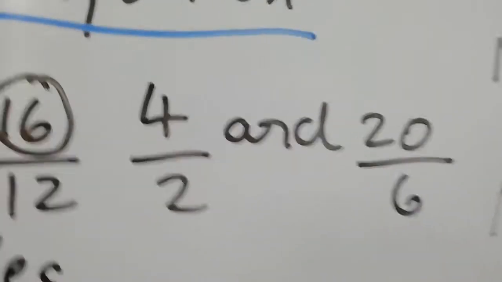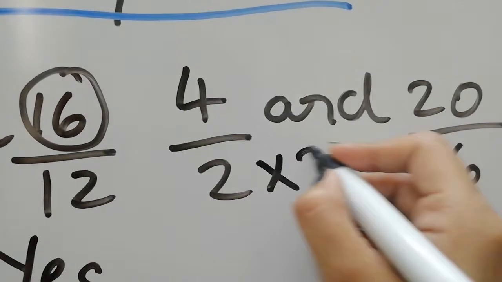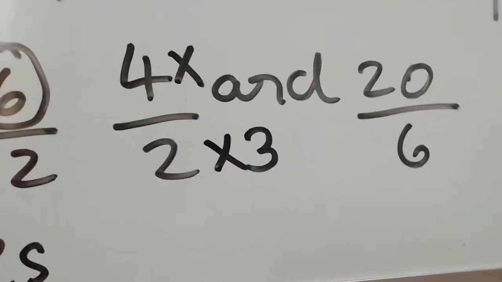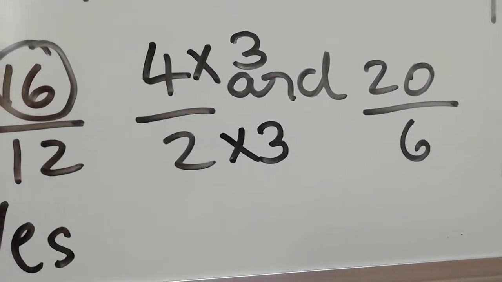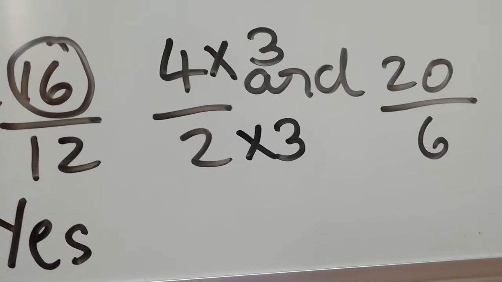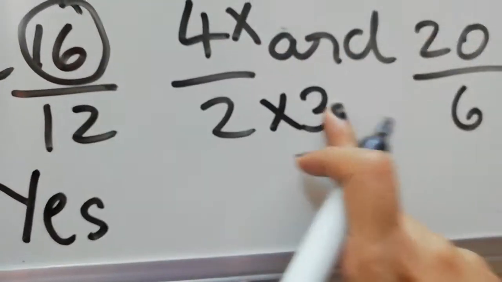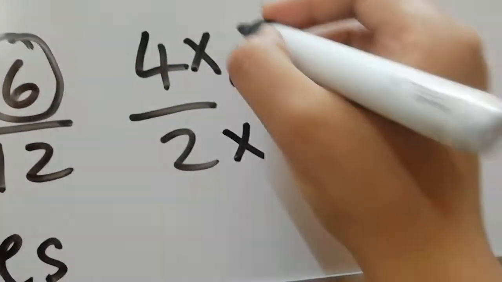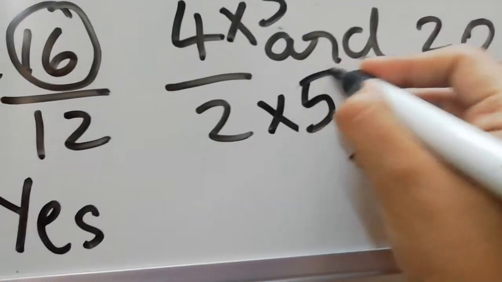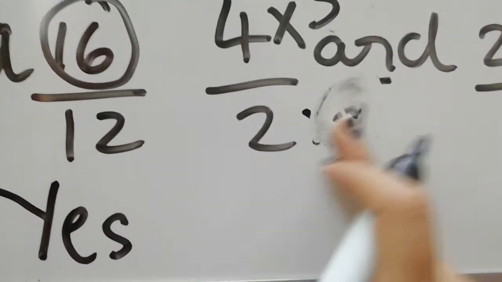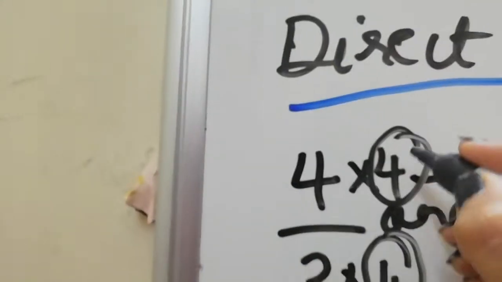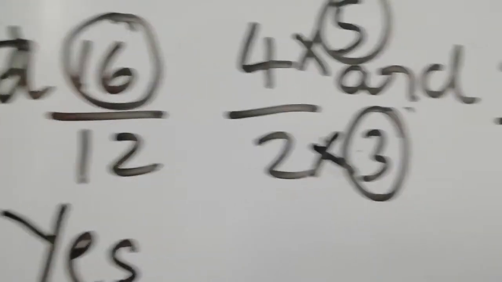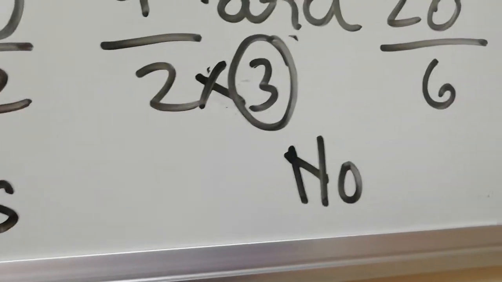Now in this, suppose I am multiplying this 2 by 3, because in 2's table where does 6 come, 3's are. I need to multiply this also by 3. Then it will be 12 by 6. So no, that's not possible. They are not in direct proportion. Suppose I go in this context, in 4's table where does 20 come, 5's are. And in 2's table where does 6 come, 3's are. So see this, they are different. It has to be same like this. They both are different, so they are not in proportion. Are they in proportion? No.